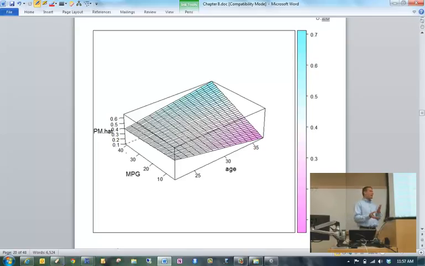The way this particular plot is drawn, small values are colored in pink and large values are colored in blue to help you see the 3 dimensions. We see that for people with high ages and small minutes per game, they have a small ppm hat. But for high ages, high minutes per game, we have a large ppm hat.